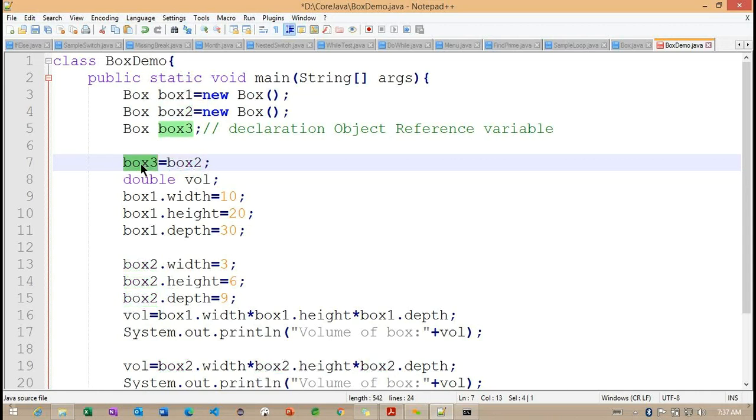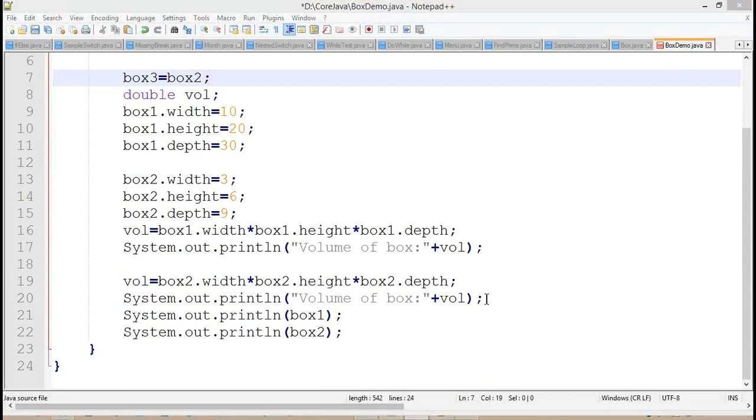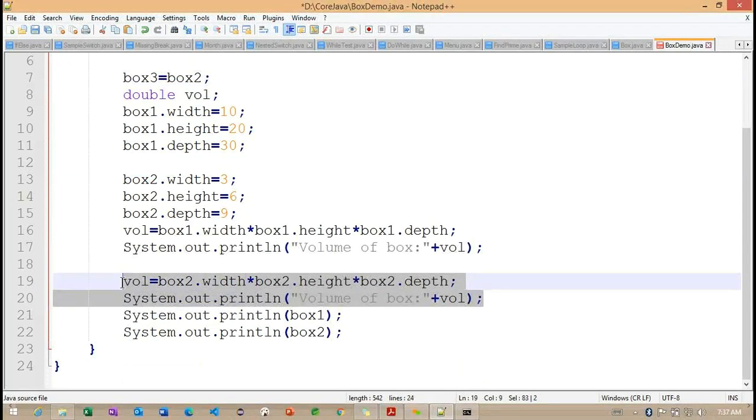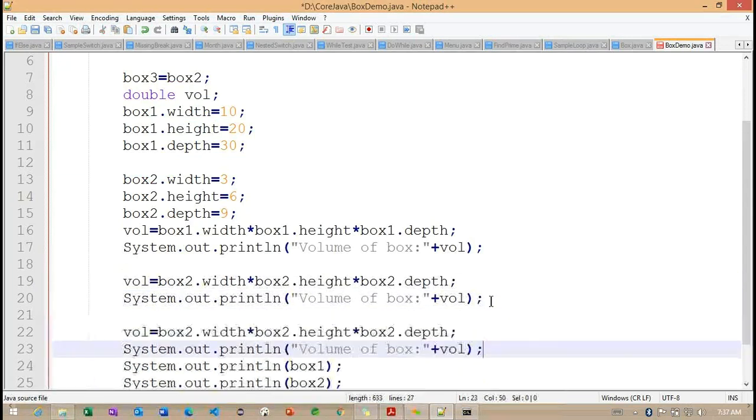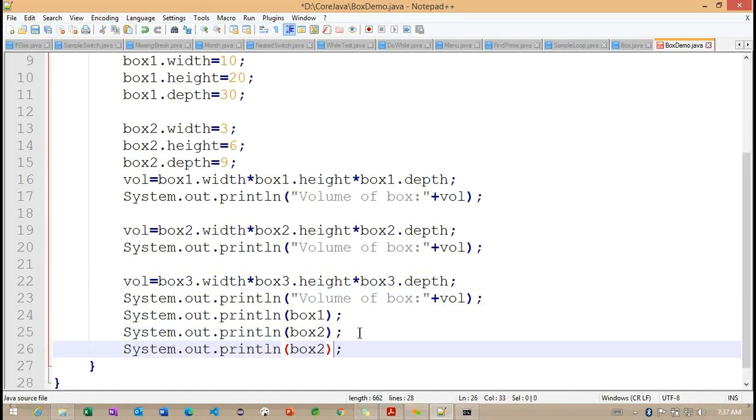So with the help of this particular object 3, directly I will print this particular object information with the help of box 3 here. Getting the point. Now we need to understand very carefully box 2 and box 3.